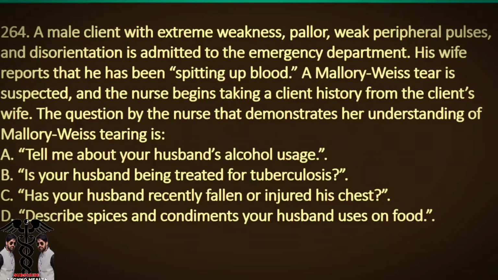Question 264. A male client with extreme weakness, pallor, weak peripheral pulses, and disorientation is admitted to the emergency department. His wife reports that he has been spitting up blood. Mallory-Weiss syndrome is suspected, and the nurse begins taking a client history from the client's wife. The question by the nurse that demonstrates her understanding of Mallory-Weiss syndrome is: